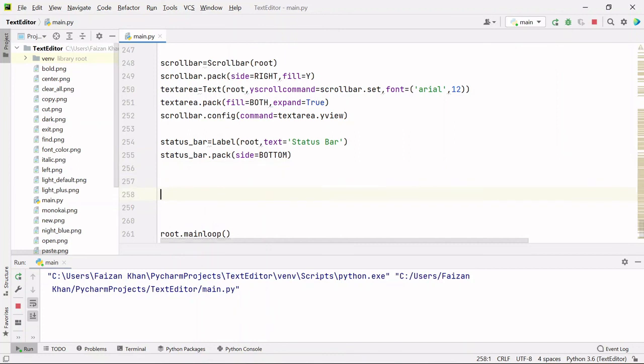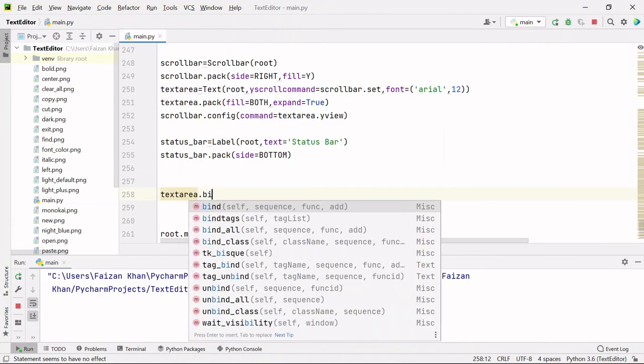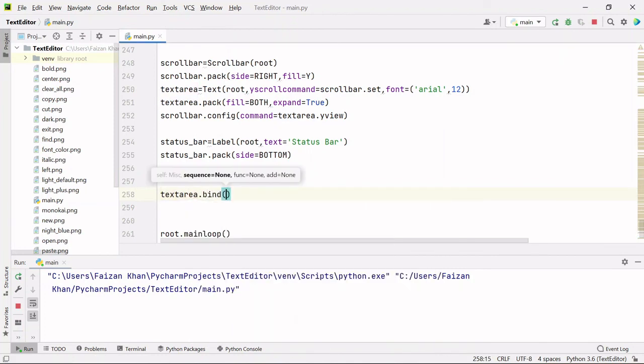So if I use it here, I'll write text area dot bind method. We are simply binding text area modification to a function. So whenever you modify your text area, meaning whenever you add or delete some text, this particular function will be called. The way is we have to mention it like this, modified. So whenever you make any change in your text area, this function will be called, which is the status bar function, without parentheses. Now if you run it,